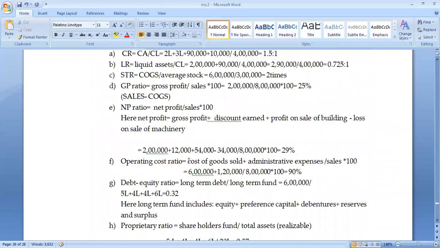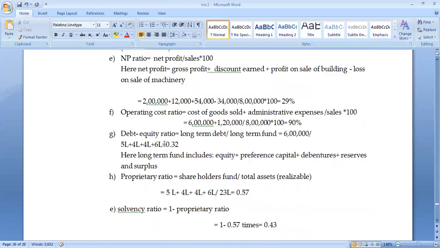That's all. So administrative expenses are a regular expense, which is recurring in nature. Always it will happen in the business. So consider administrative expenses for operating costs. Also remember, any administrative expenses, office expenses, selling expenses, or factory expenses, all these expenses come in the operating cost ratio. Clear? So into 100 divided by the 8 lakhs, that will give you 90%.